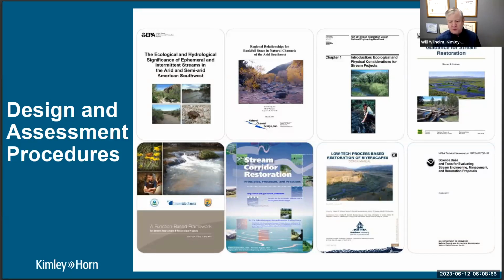I mean, these are just some recent ones, some of these projects I've worked on, where I was looking back through some references and some design manuals or functional assessment manuals I use, and these are some that I've used recently. A lot of these are for the arid, semi-arid Southwest, because I've been doing some work out in Arizona. But you've got the Utah stuff that's come out recently, low tech process space. One of my go-tos is the NRCS manual. But it's funny,